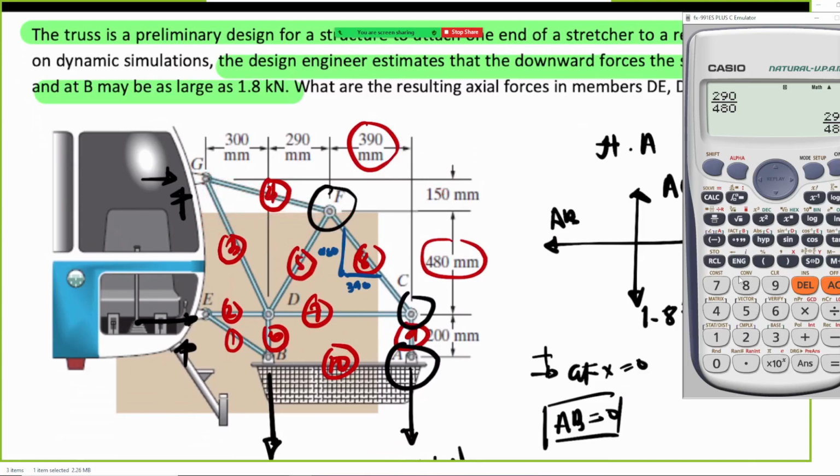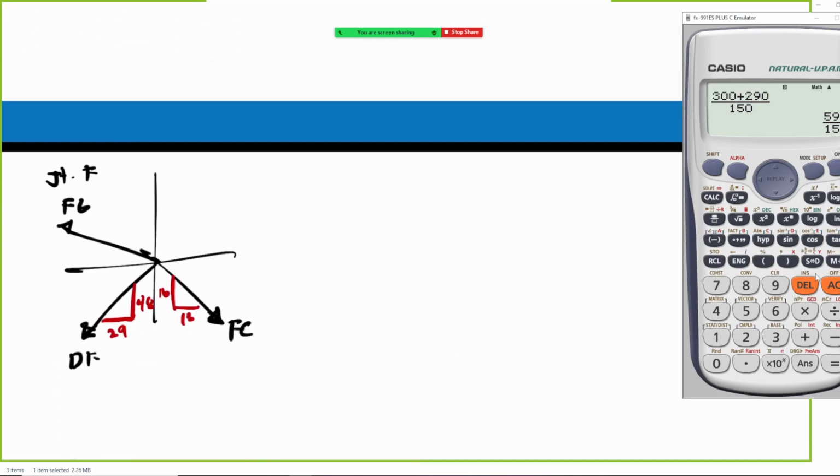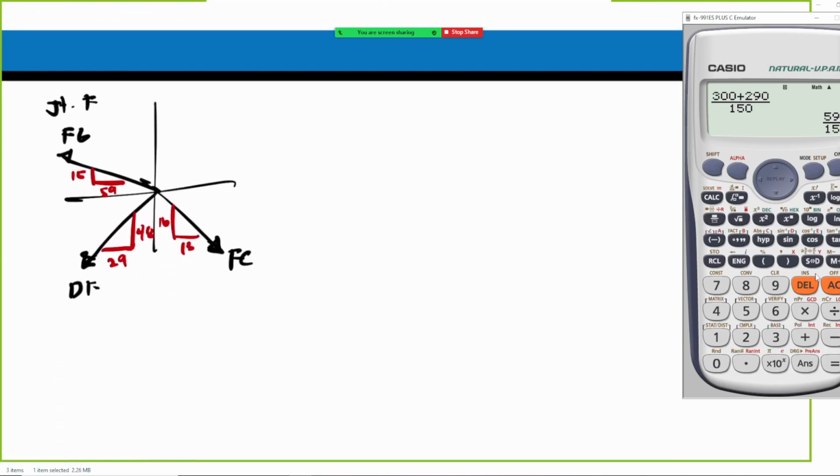So that is 300 plus 290 over 150 for the Y. So that is 59 over 15. So this is 59 and this one is 15. Okay, so with that, makukuha na natin yung ating mga